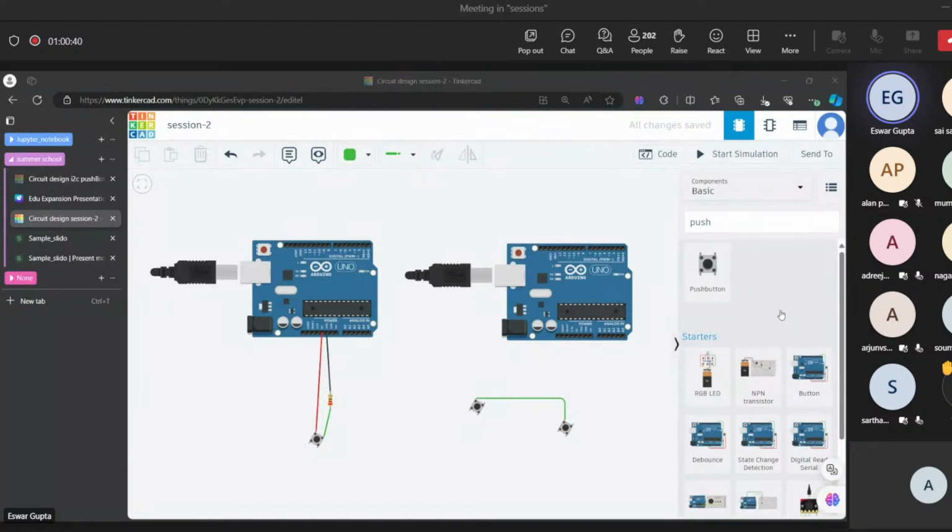What's your doubt? Can you speak up? Sir, I was having the doubt about which terminal the push button is connected to on the Arduino. No, I haven't connected the push button to anything yet. I just dragged the push button and connected the 5 volt to terminal 2A and ground to terminal 1A. Between ground and terminal 1A, I kept a 220 ohm resistor. Okay, sir, got it. If you don't know how to set the resistance, as taught in the previous class, just click on that and type the resistance value.